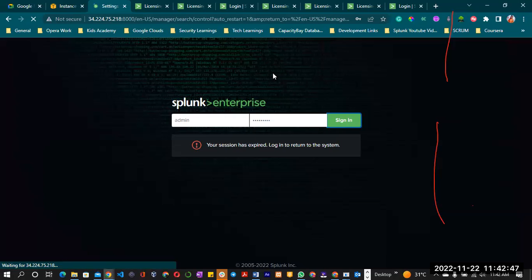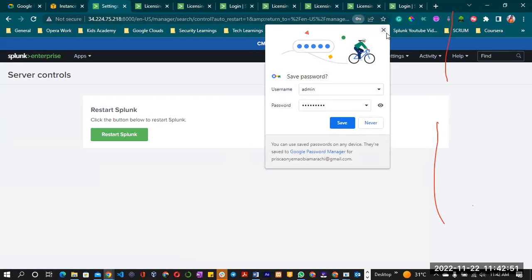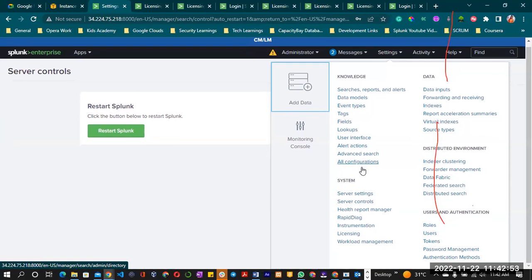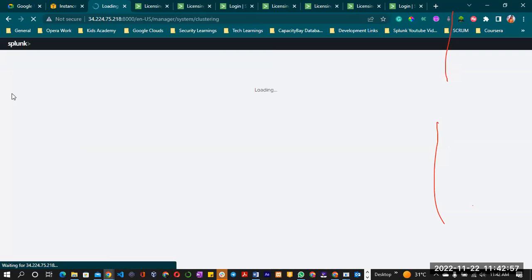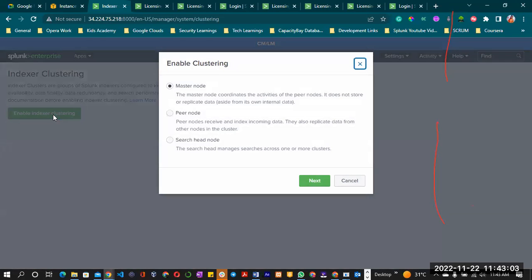For me to set it up here, all I have to do is go to my indexer clustering. But if I want to do it from the back end, I have to go into my etc system local server.conf. Now I click on enable indexer discovery and clustering, and I'm going to make this the master